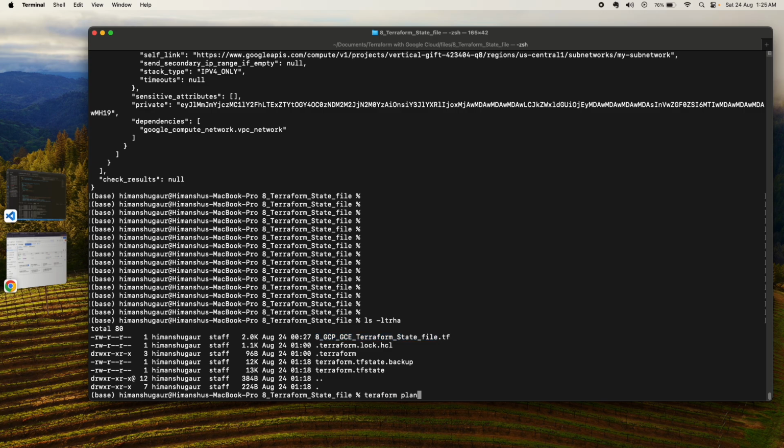terraform plan. What it will do is first check my desired state, and then check my current state which is defined in the tfstate file. After the comparison, Terraform knows that the desired state and the target state are different, so Terraform tries to maintain the desired state. In that scenario, terraform plan